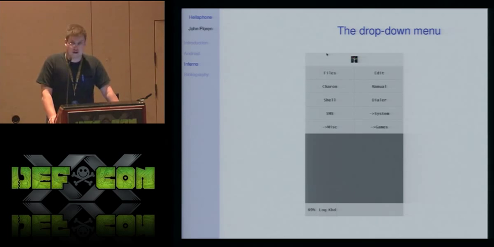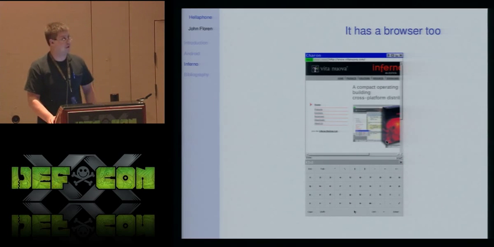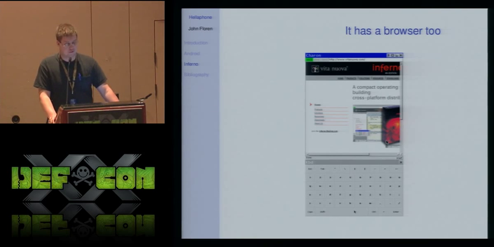A lot of these applications are things that were already in Inferno. We've just left them, like the shell. It's really nice to have a shell, by the way, on your phone, just readily accessible. You can get the same thing in Android, but the Inferno one is quite nice. As I'll show in a bit, we wrote a phone dialer and an SMS application. It does come with a browser. It's not a great browser, but it does work. We haven't gone through yet and adapted it to actually make it more touch friendly, so we get little tiny buttons up here and little tiny scroll bars.